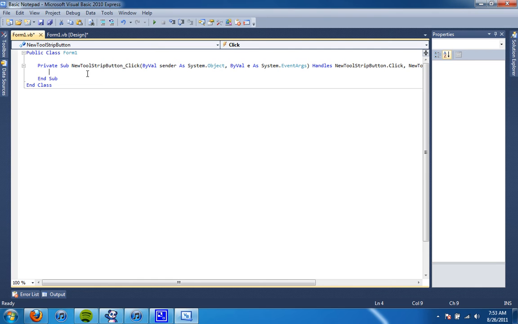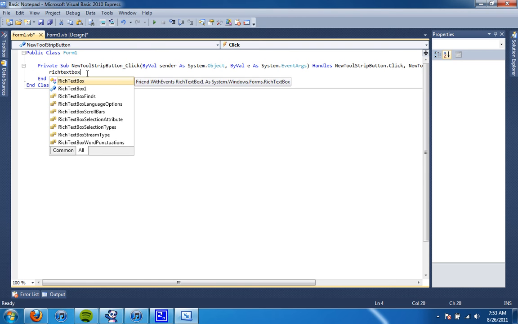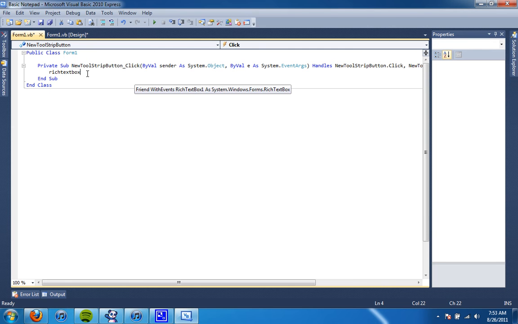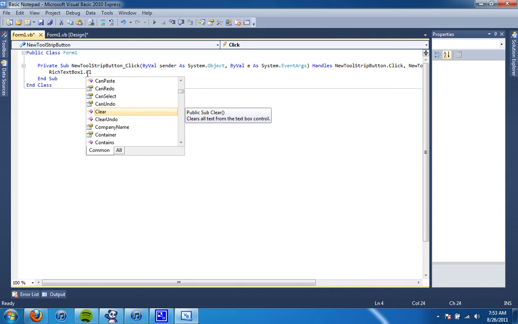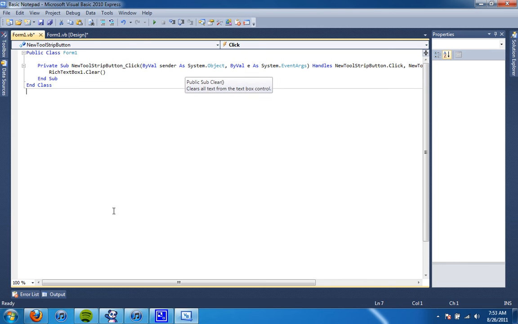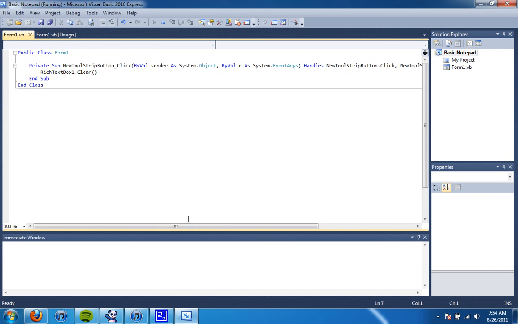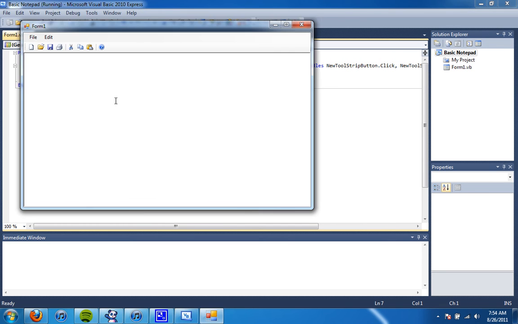So going to rich text box 1 dot clear. And so if we debug it, so if we type a bunch of jibber jabber in here and pressed new, it would clear it. Now if we did that again,